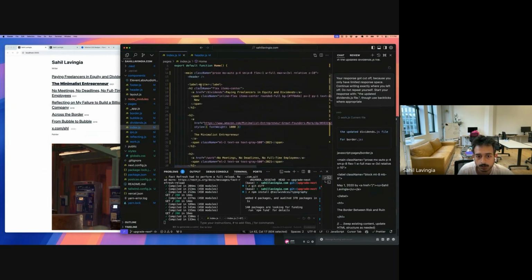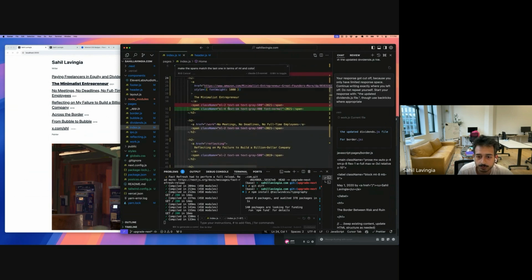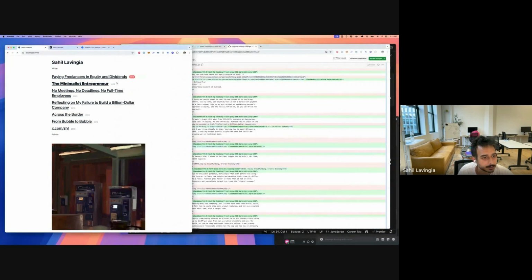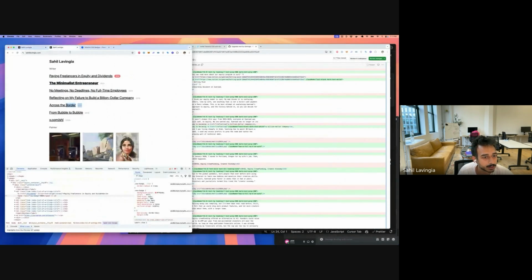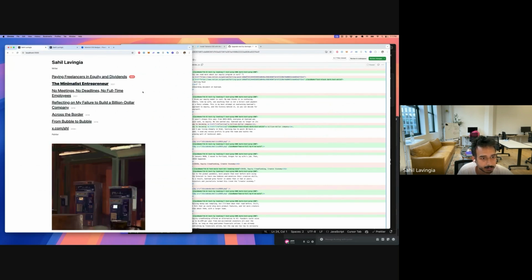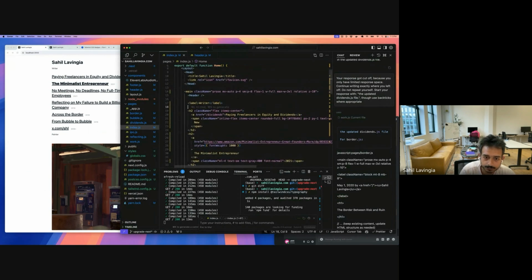So then we can go back, change all these and say, make the spans match the last one in terms of ML and color. I think this will work if I just do a reverse thing. Does it know all of it ahead of time? Yeah, it does. Okay, cool. All right, we're getting there. It's still not perfect because the images are janky, and some padding stuff's messed up here. And these fonts are big. But the nice thing is you can just fix these inline instead of having to update your whole design system. Just go here